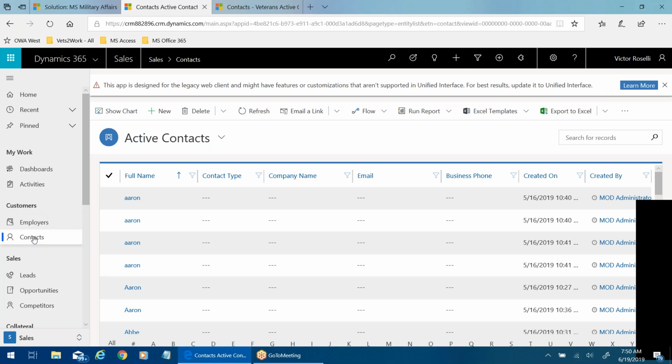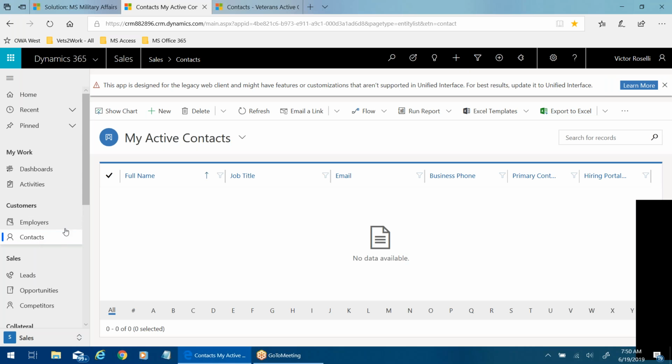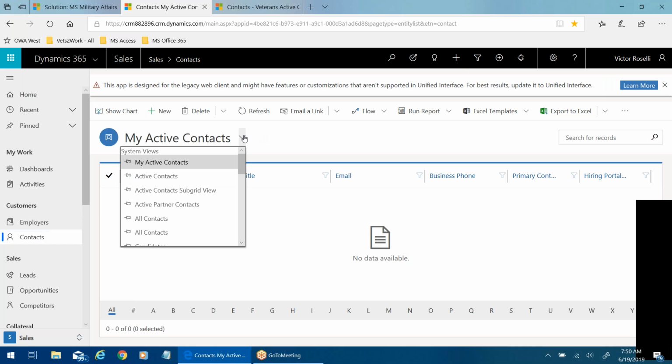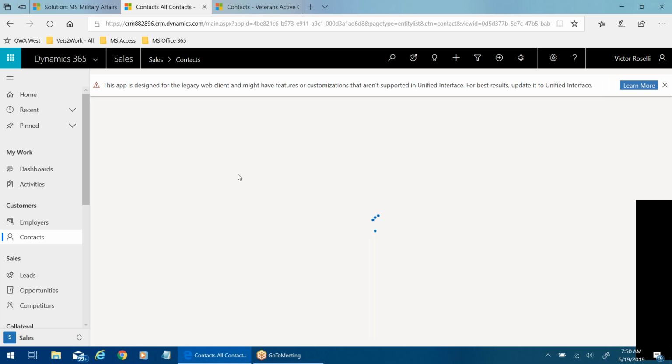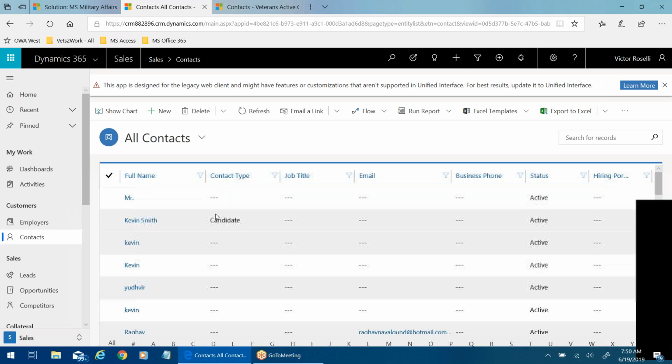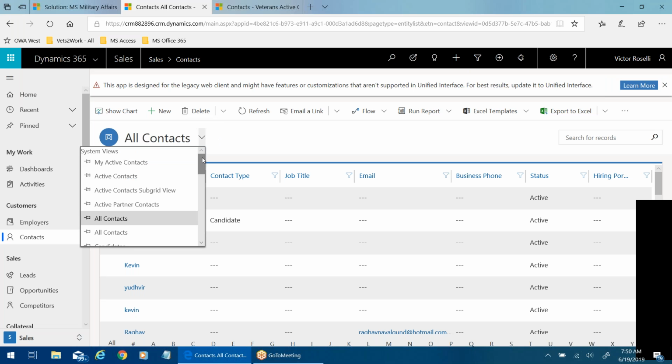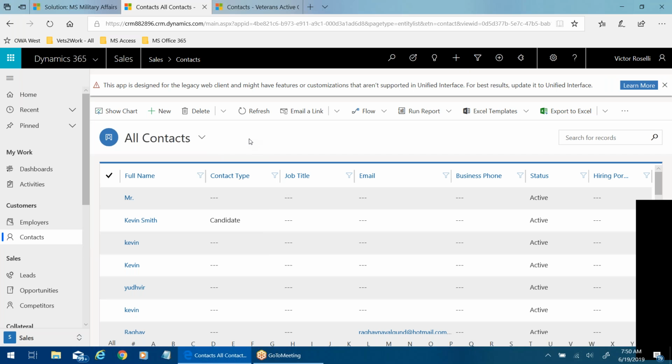In ours, though, however, when you hit contacts, I think you're going to see when you go to all contacts. Well, of course you would see all contacts when you go to all contacts. Yeah, but get away from views. It has nothing to do with the views. It has to do with what determines the form. The form that gets viewed should be determined by the contact type. Yeah, okay, so I don't know how to tie that in.